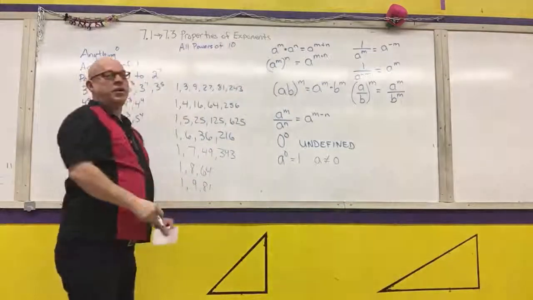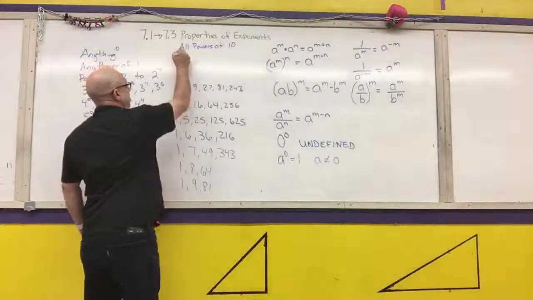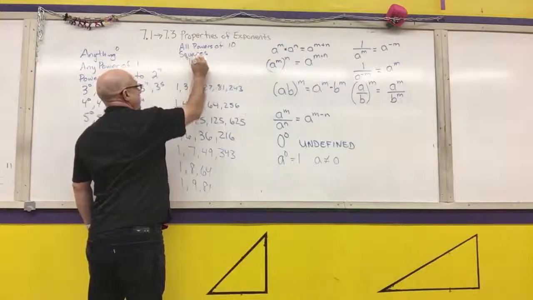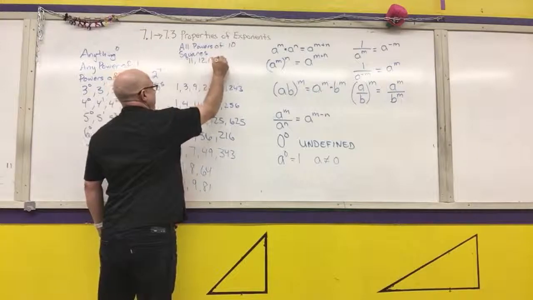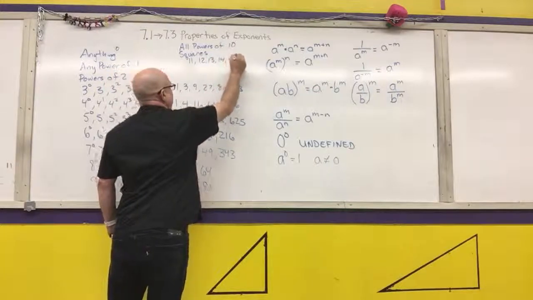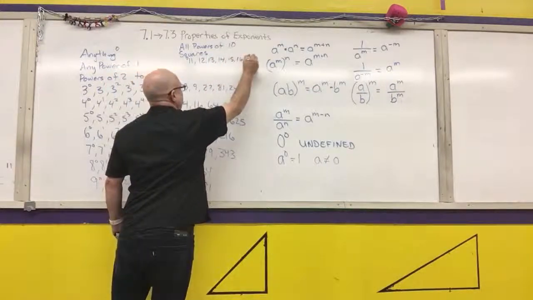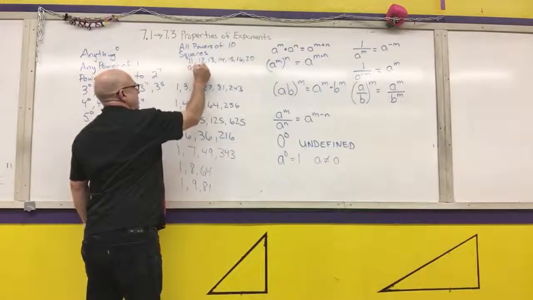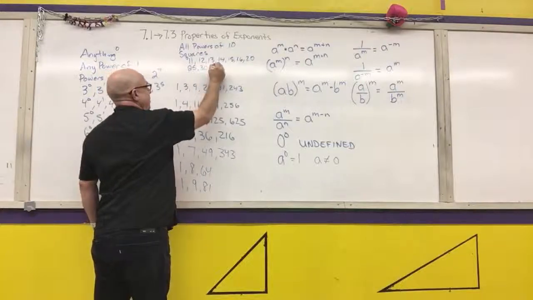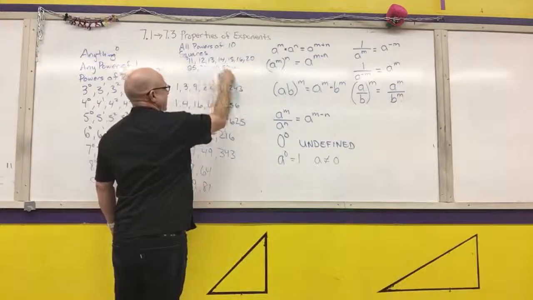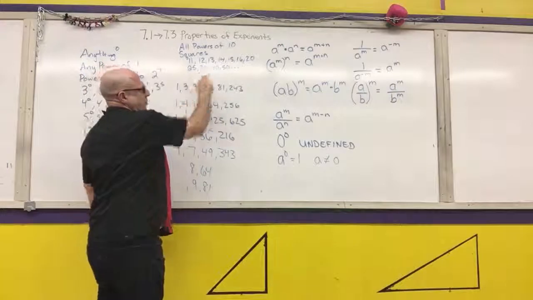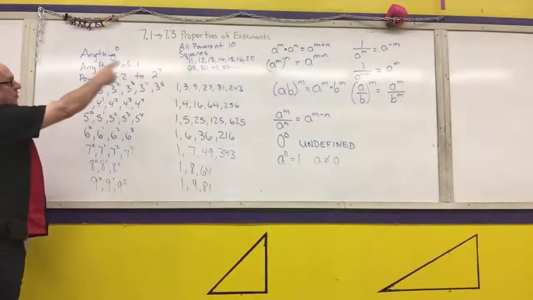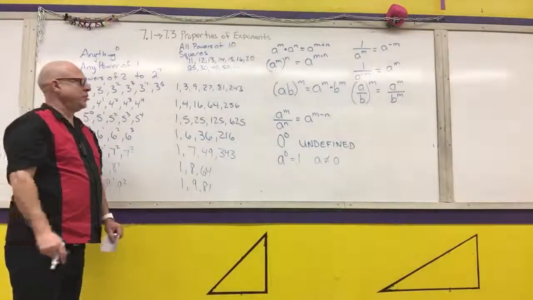I expect you to know the following perfect squares, in addition to what I've already written down: 11, 12, 13, 14, 15, 16, 20, 25, 30, 40, 50. Basically, anything that has a single-digit number followed by zeros, I expect you to know those perfect squares. Any of them that fall in this realm, when it says to simplify, you are going to give